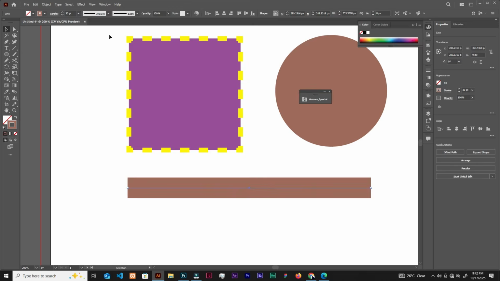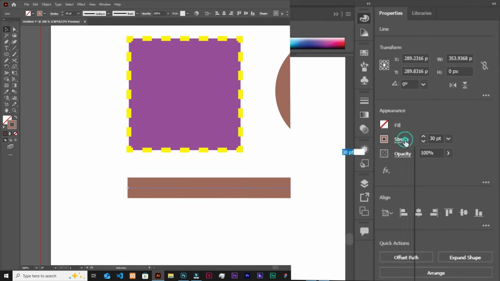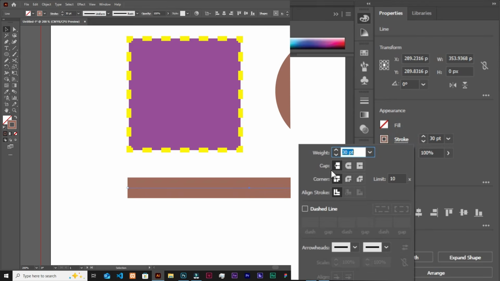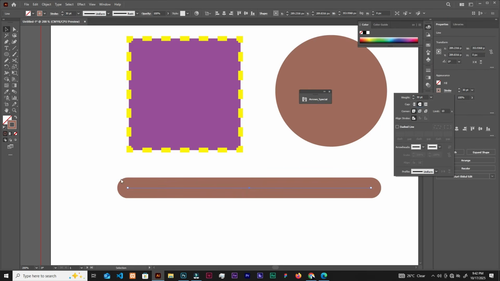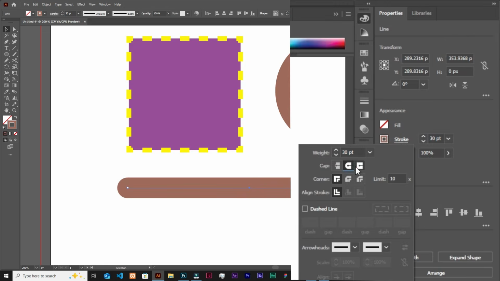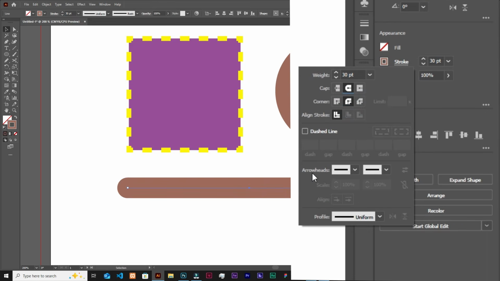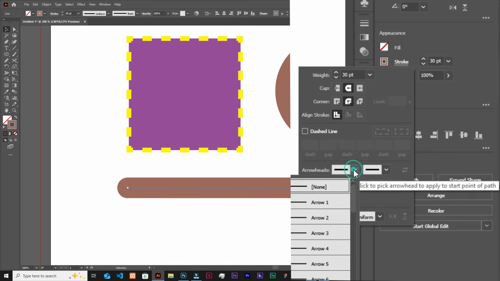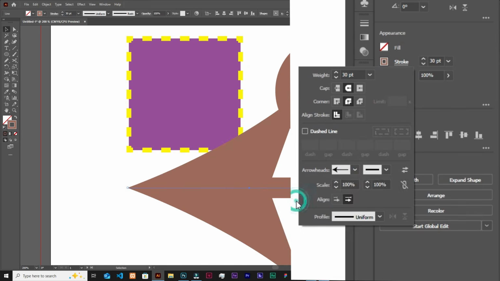So in the stroke panel, you can see we have cap over here. If you want to round the cap like this, you can see that the caps get rounded. And if you want inner or outer projection, you can do that. So in case you have round over here, and then the corners, it doesn't take effect on this path. Okay, and when we come to the arrowheads, if you drop the first one, you can have an arrowhead, okay,